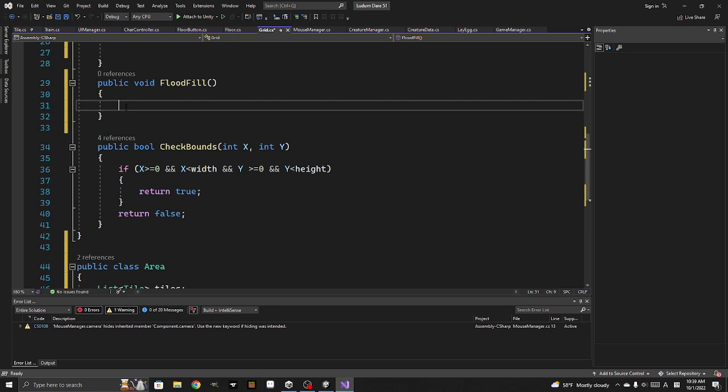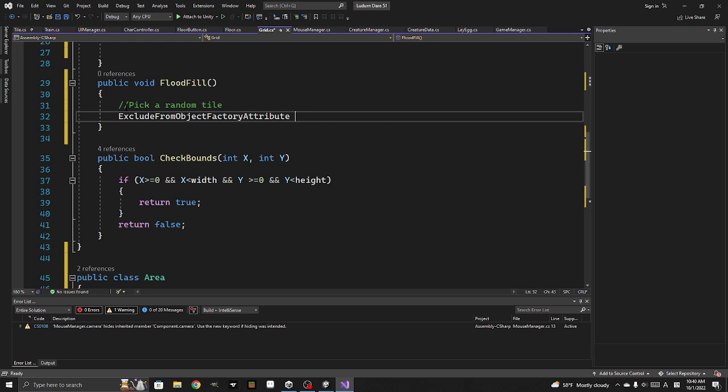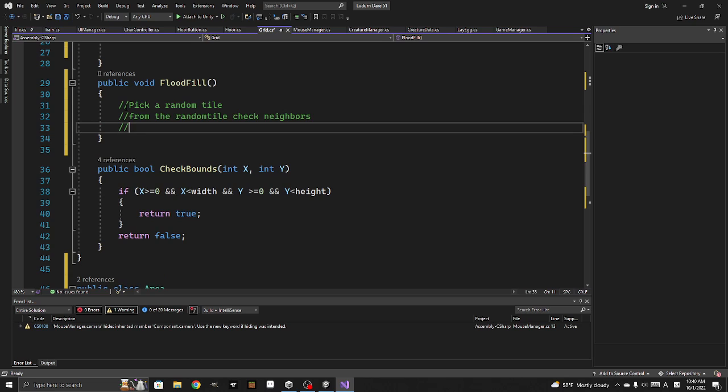So what this will do is pick a random tile, and then from the random tile, check neighbor. If neighbor is not on available list,